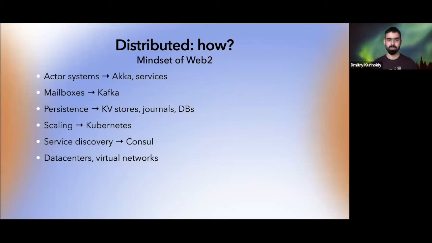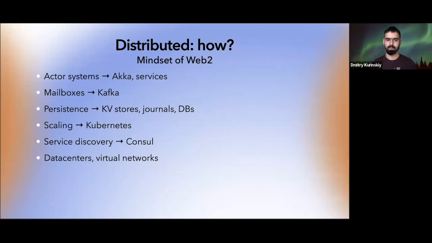Like we have actor systems and implementations of actor systems like Akka, my favorite one. But actually, you can think of services and microservices as an actor system done a different way, but still in the mindset of actors. With actors in a distributed setup, usually you have some kind of mailboxes. And for mailboxes, you have managed queues, Kafka, and so on to connect different parts of the application.